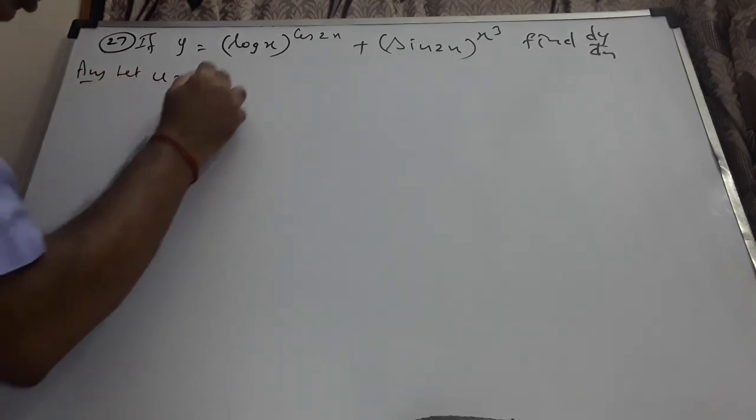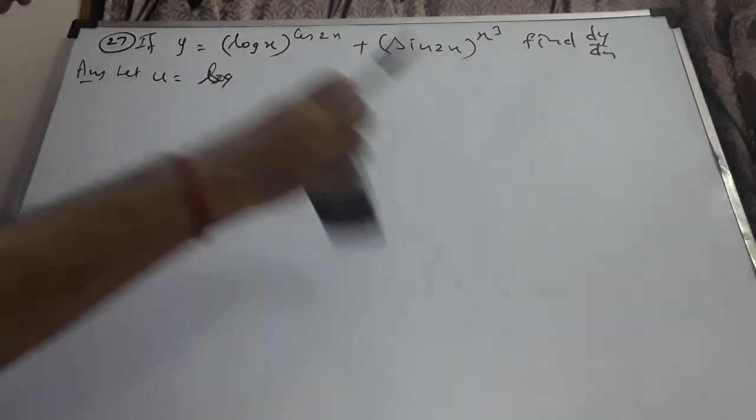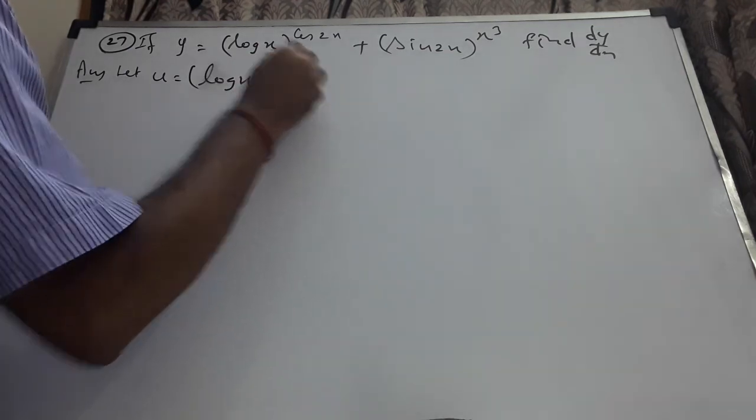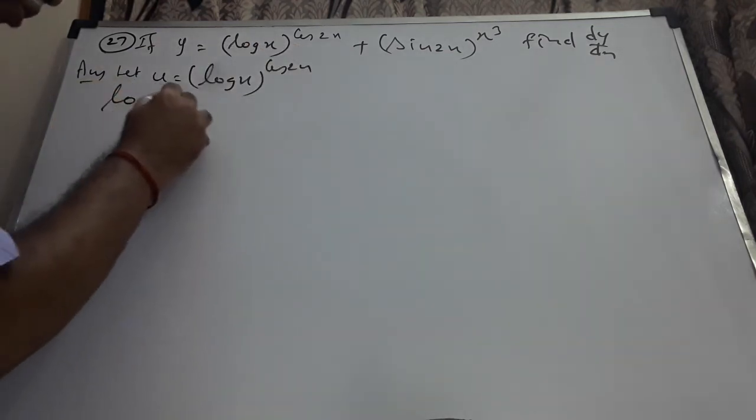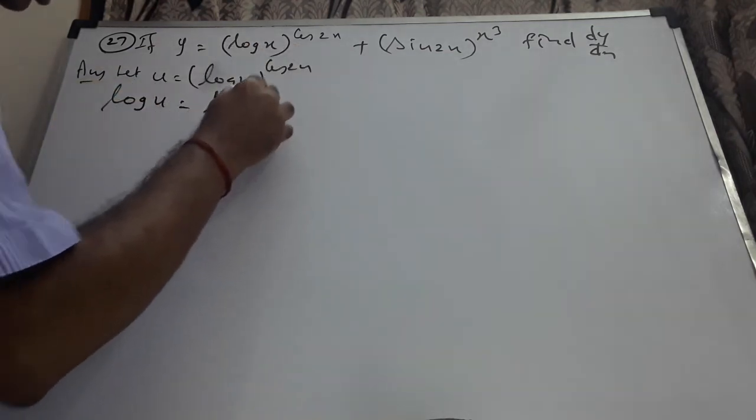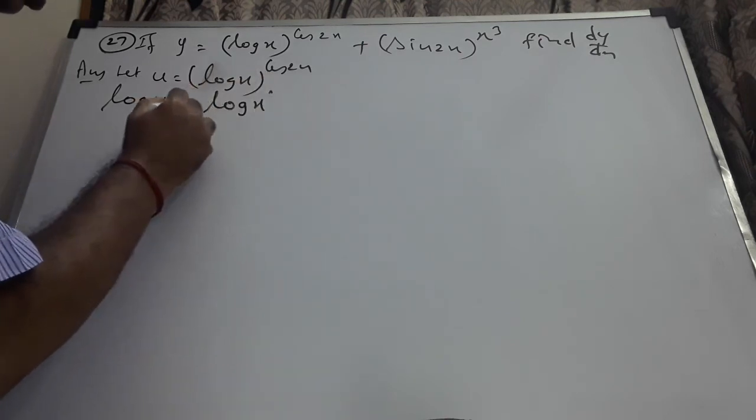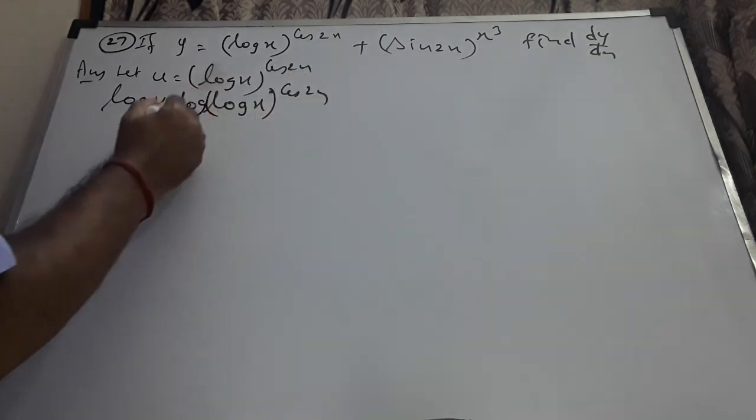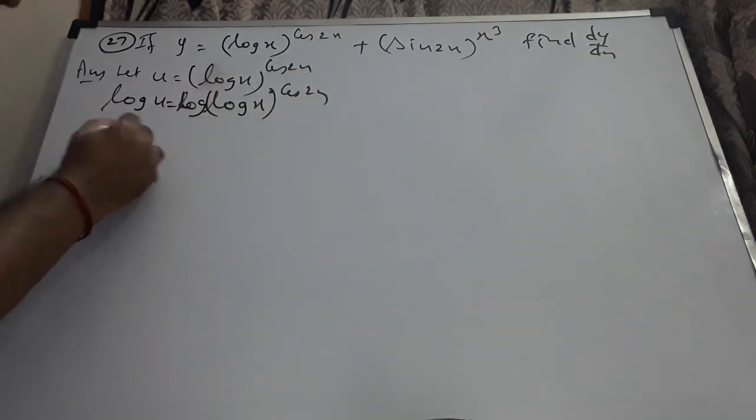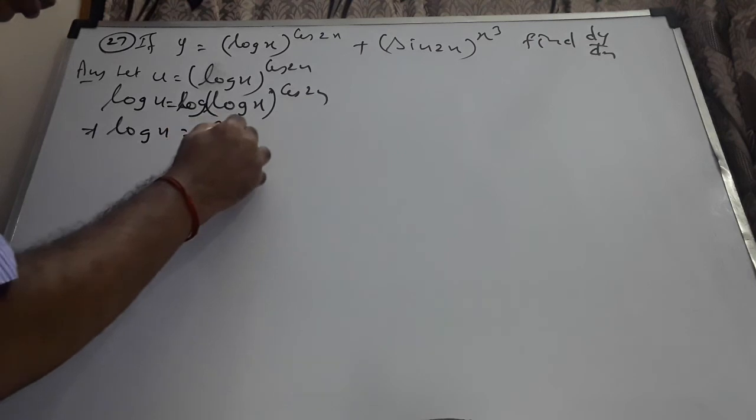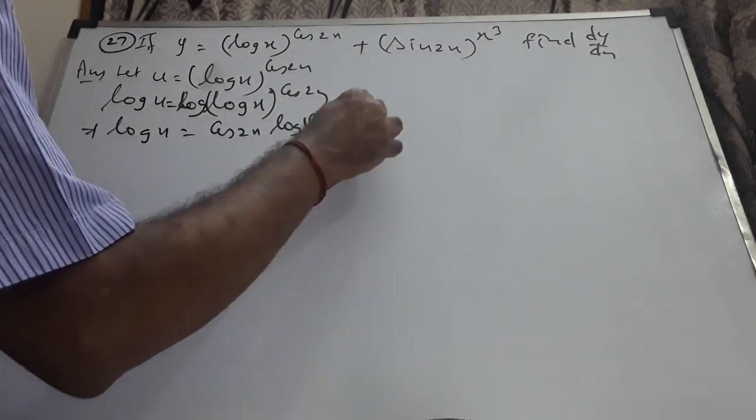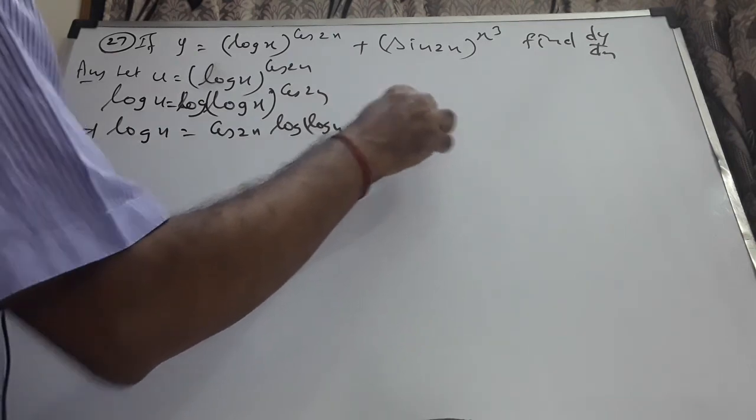Let u is equal to, let us say, log x raised to cos 2x. Then log u will be log of log x raised to cos 2x, which will imply log u is equal to cos 2x into log x. This is by power rule of logarithms,